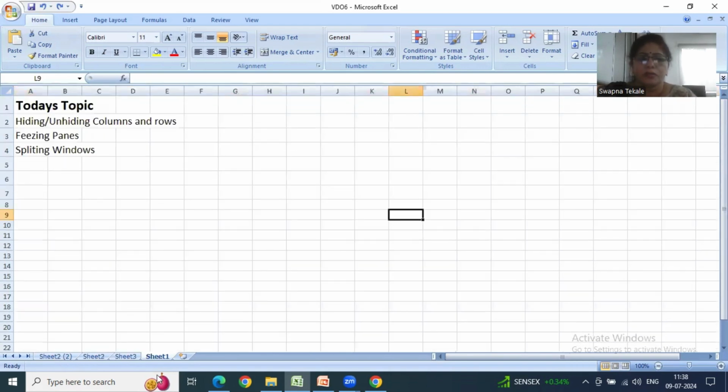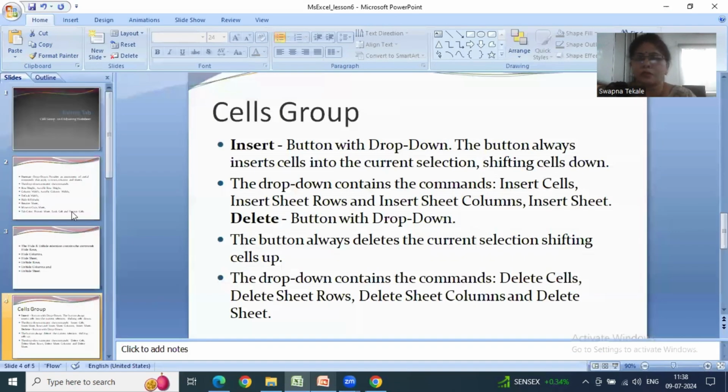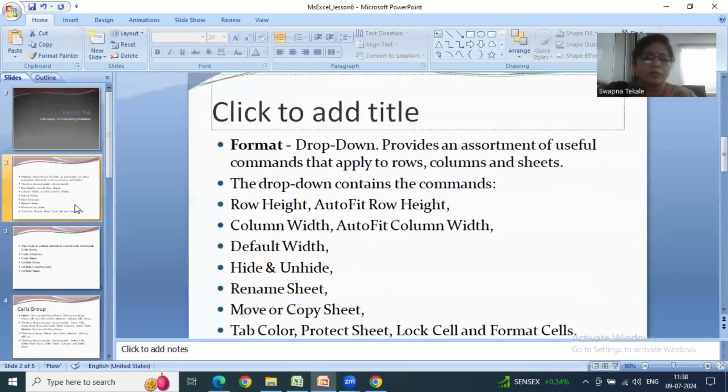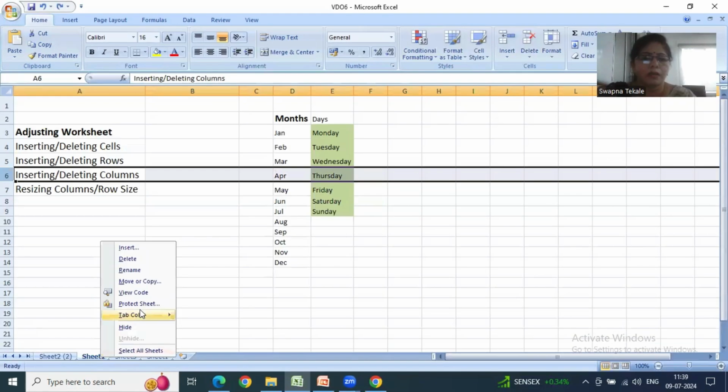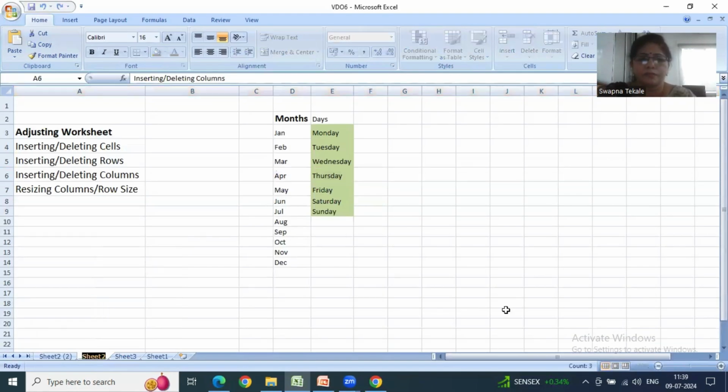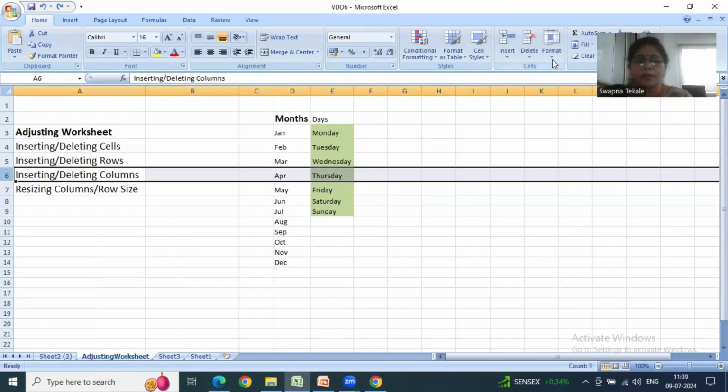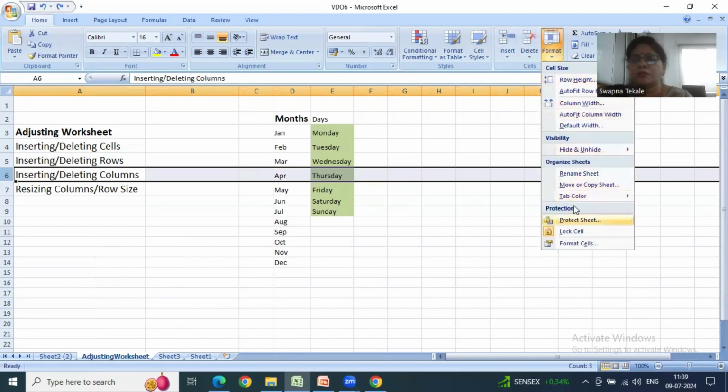Okay. So this is what today's discussion is. We have seen how to rename the sheet. We already saw renaming the sheet. Just right click over here and click on the rename option. Then, in the worksheet, I have renamed it. Select the particular worksheet and click on the